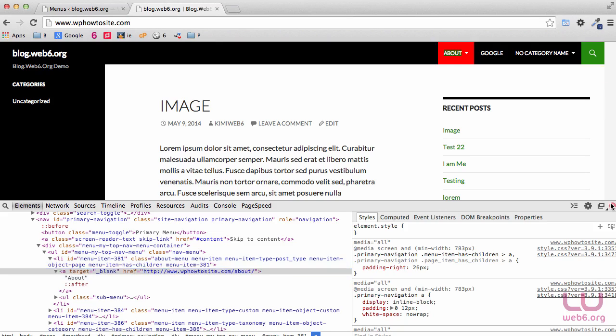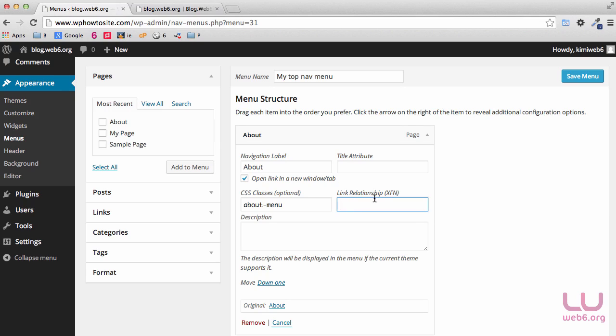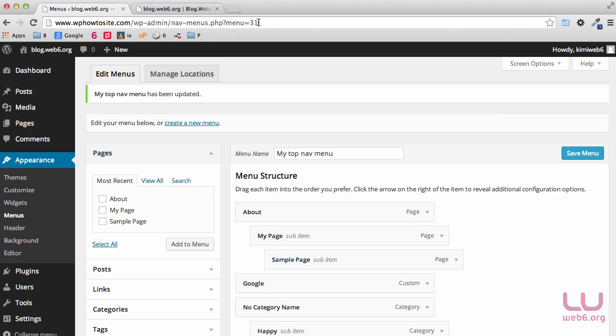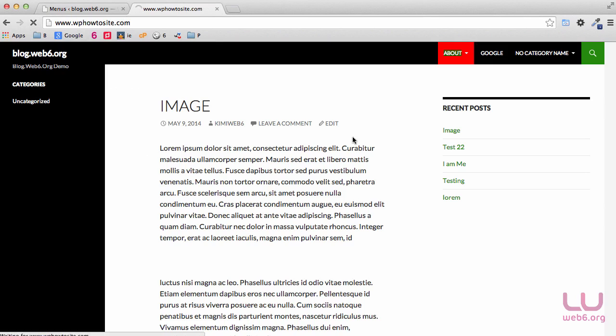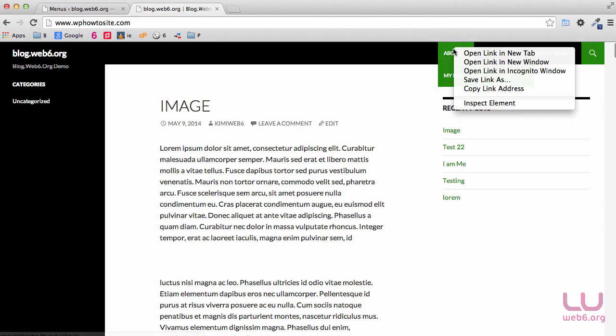So we're going to change it. Let's say now we want to put the link relationship as no follow, for example, and then hit save menu, then we refresh it and inspect element again,